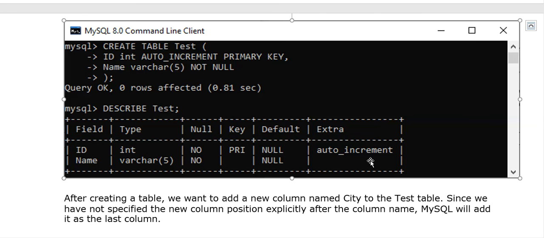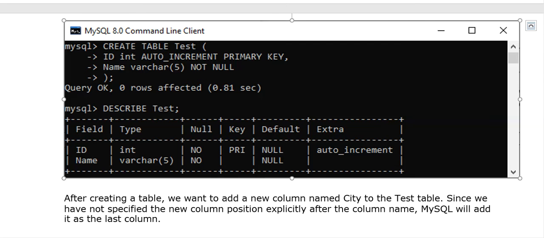Auto increment. So this is what you can see in the describe test command over here, which is showing you that this particular table has been created, with all this specification and description given on the table. Okay. So now what we'll do, as an example, we will try to add a new column. A new column we will specify on the specific location that we were saying in the last example.